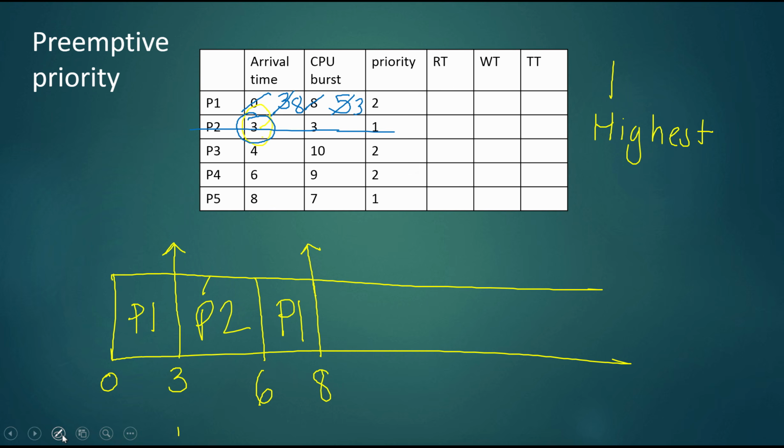So now the current time is 8, and we have the arrival of this high priority here, P5. So P5 is going to go, and we can see by looking at this table here that P5 is the only high priority one left. So P5 is going to finish its entire CPU burst